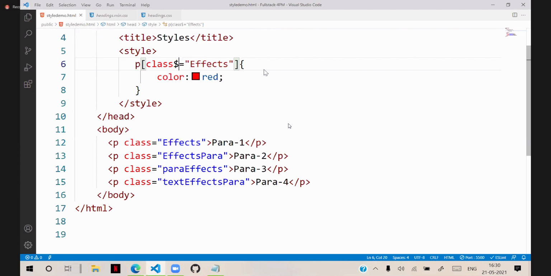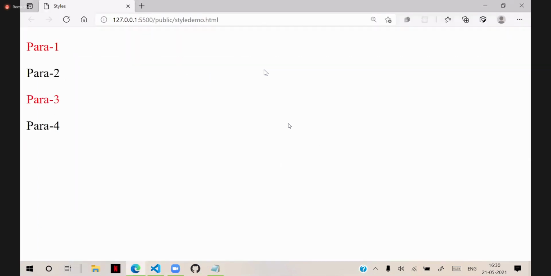Because first paragraph is having, it is equal to start and end. So it is working fine. Now you can see it will be applied for the first and third. So that is starts with, ends with, how you configure.